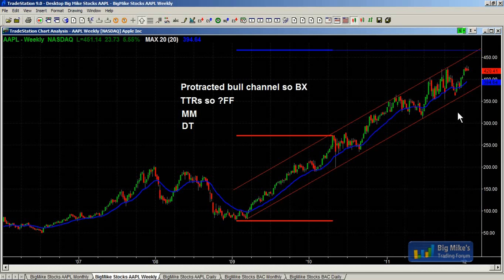Just so you know, Apple just reported, they just crushed their earnings, and they're up over $30 after hours, trading at 451 right now. Oh, that's cool. So it's pretty much right there at that measured move. It's getting close to that measured move and the top of the channel. But to me, I would rather only be looking to sell. So it'll be interesting to see what happens over the next few days.